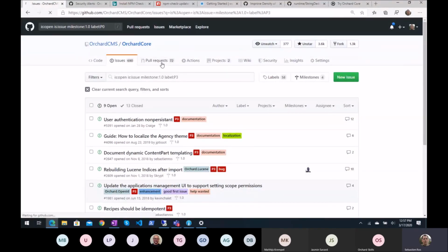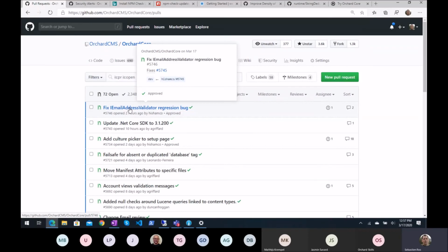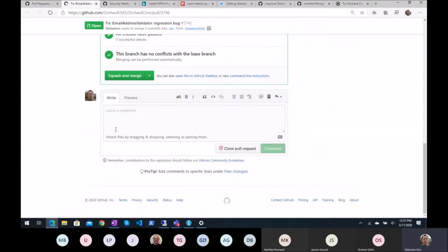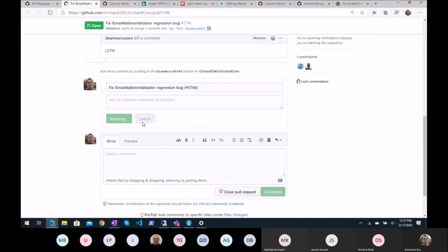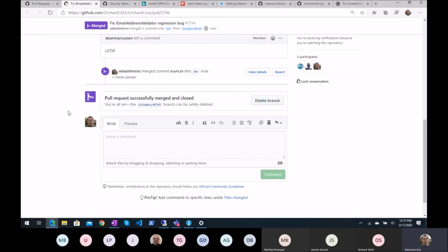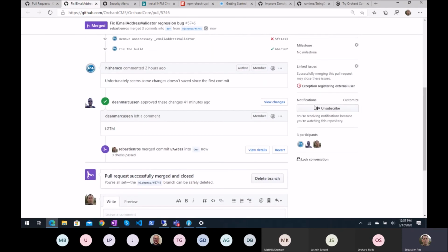On to PRs quickly. That will soon be merged. This one will so soon be merged that I will do it. It took into consideration the comments I made before I made the comments. So awesome. And look, I don't touch anything. I don't touch anything. And magically, unless somebody broke it, I will do an F5.